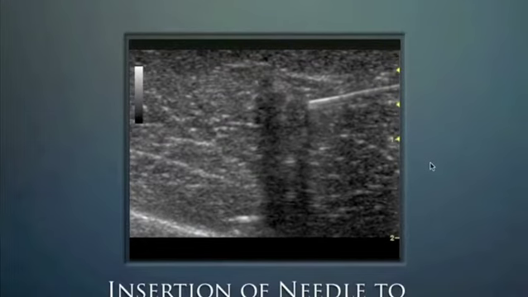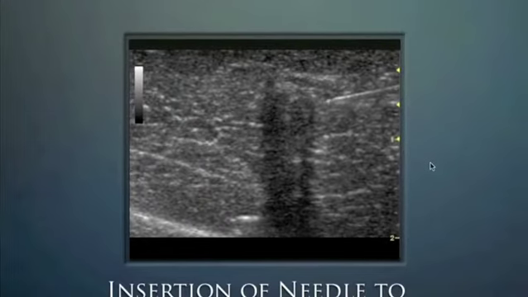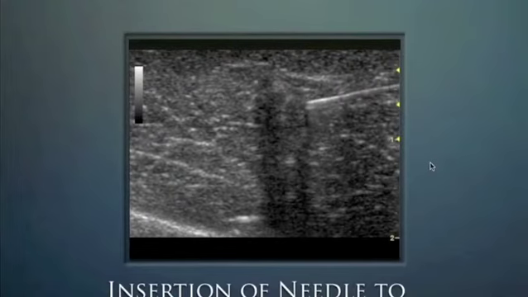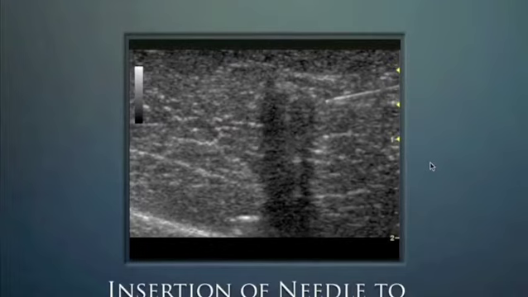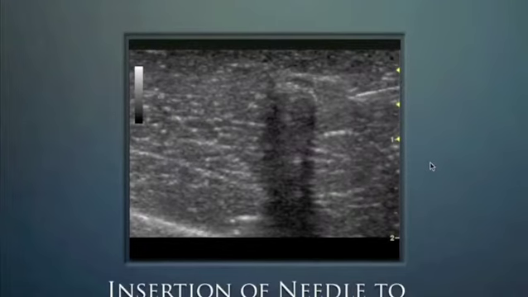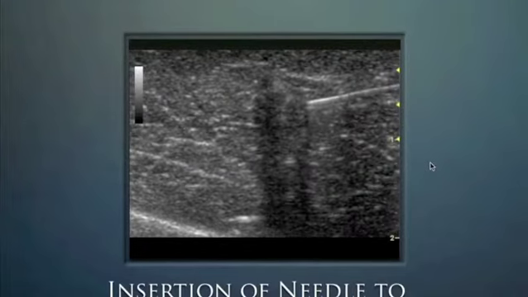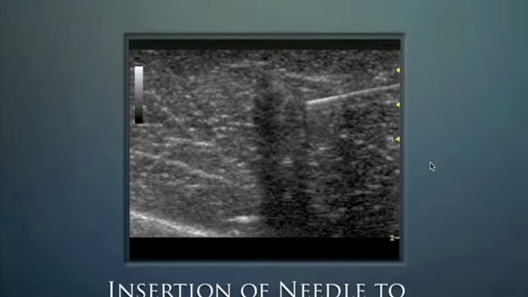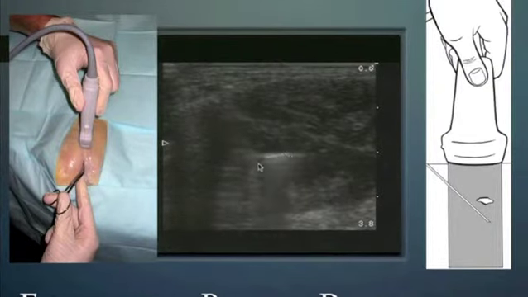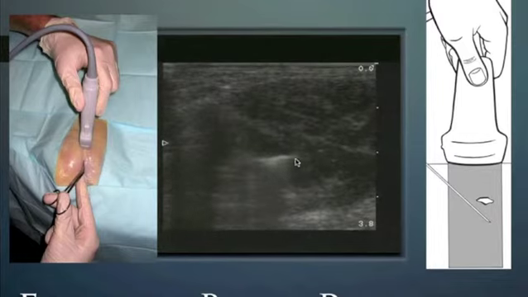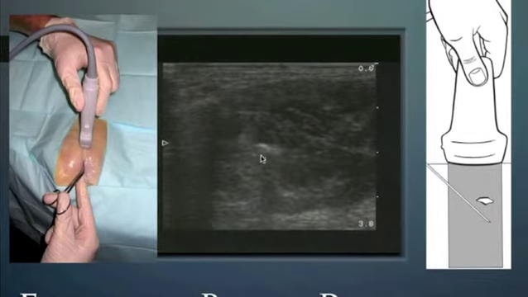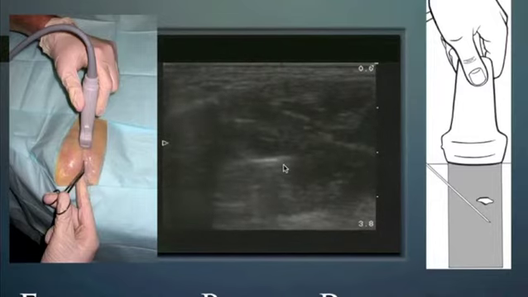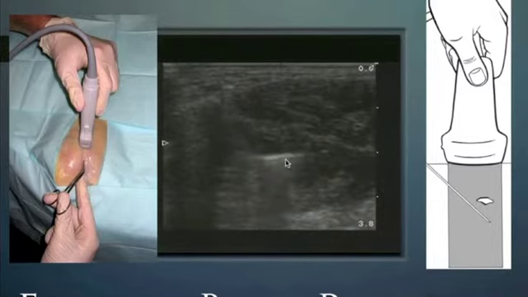And then we can blunt dissect down the edge of the guide wire in order to get down to the foreign body. And that's exactly what we're looking at here. This patient had a needle break off in their buttocks during an immunization years ago, and they came in because it was particularly discomforting on that particular day. And when they arrived, we took a look with ultrasound and found this needle about 2